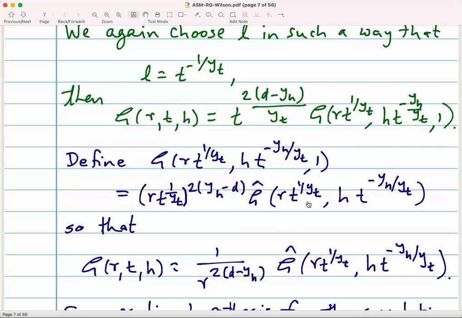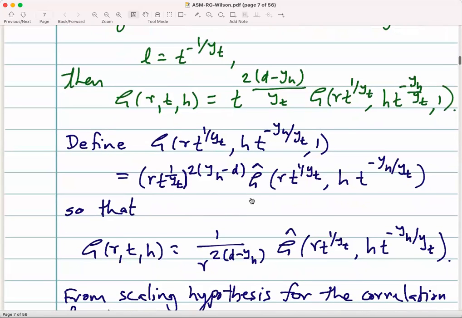Okay. The purpose of doing that is that if you do this, it will soak up the T factor which is sitting out here,